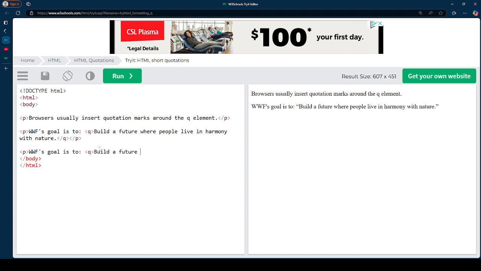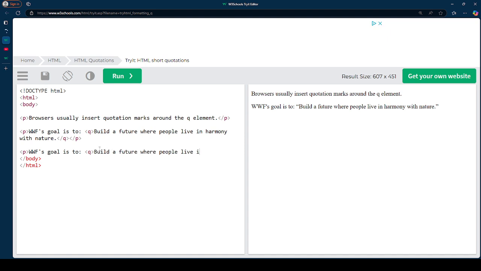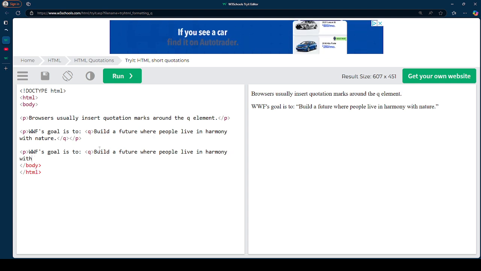The future where people live in harmony with